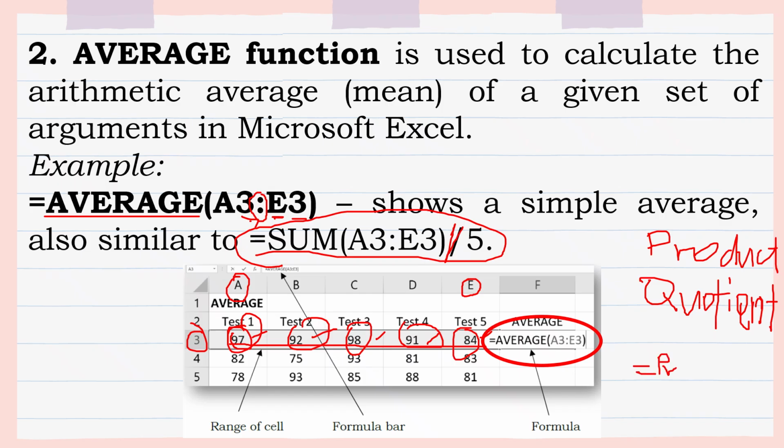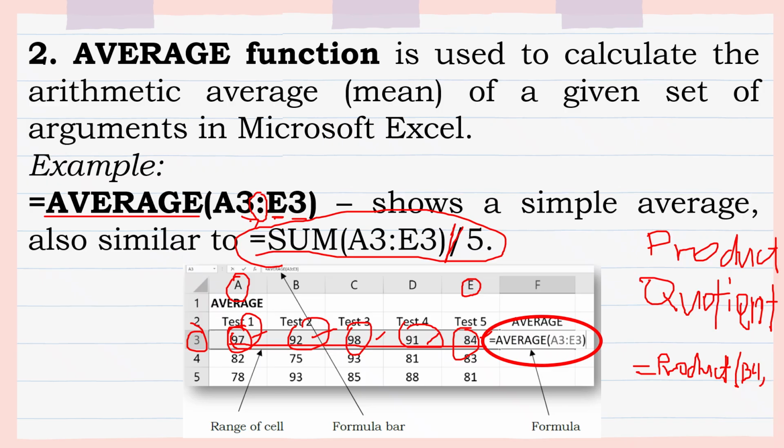Okay, equal sign, product. Hirap magsulat dito. Okay, product, open parenthesis, we have, let's have this, B4, okay, we have B4, comma, and D4, we have D4. Wait lang.